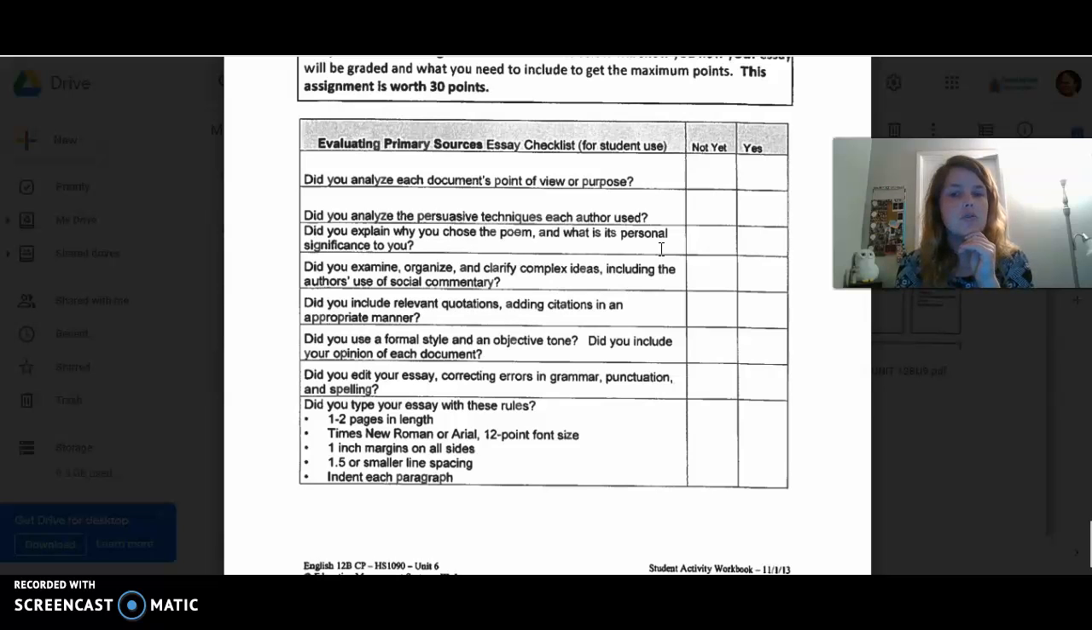Did you use a formal style and objective tone? So did you tell it how it is without making it sound like it's all your opinion? Did you not use any slang? But did you include your opinion? That's a tricky game to play. Include your opinion without making it seem like it's opinion. Make it seem like it's fact, right? Did you edit your essay, correcting for grammar and punctuation, spelling, and such? And then did you have correct